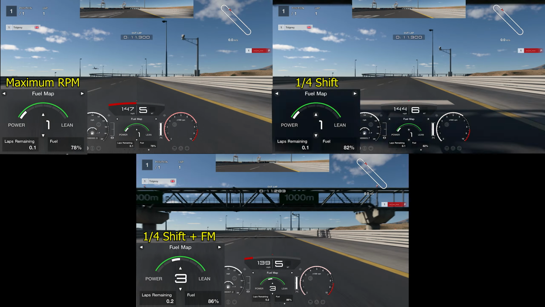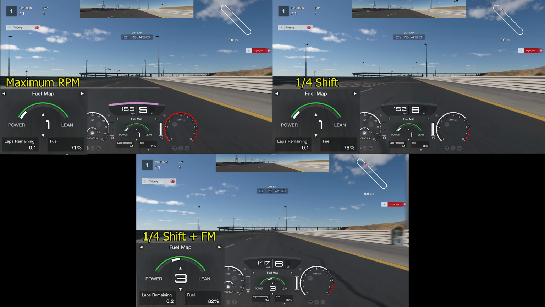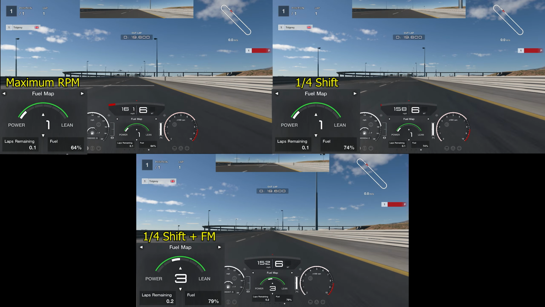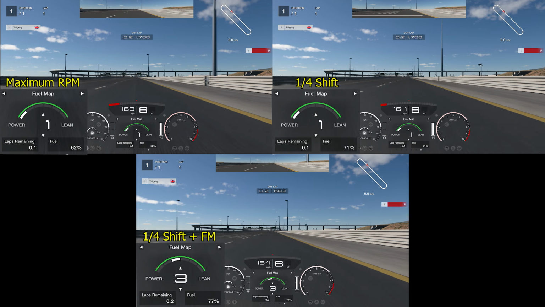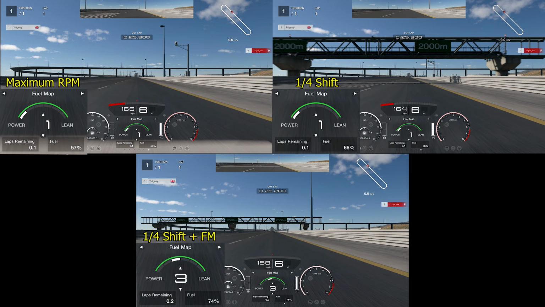So what we do, maximum RPM, what that means is when it gets to the end of the bar, we should shift. We have a quarter shift, because that's the best way to fuel save, is by getting low RPM shifts. And then the fuel map is last in terms of what you do in terms of fuel saving. We get towards the 2,000 meter line, which is where we measure this,